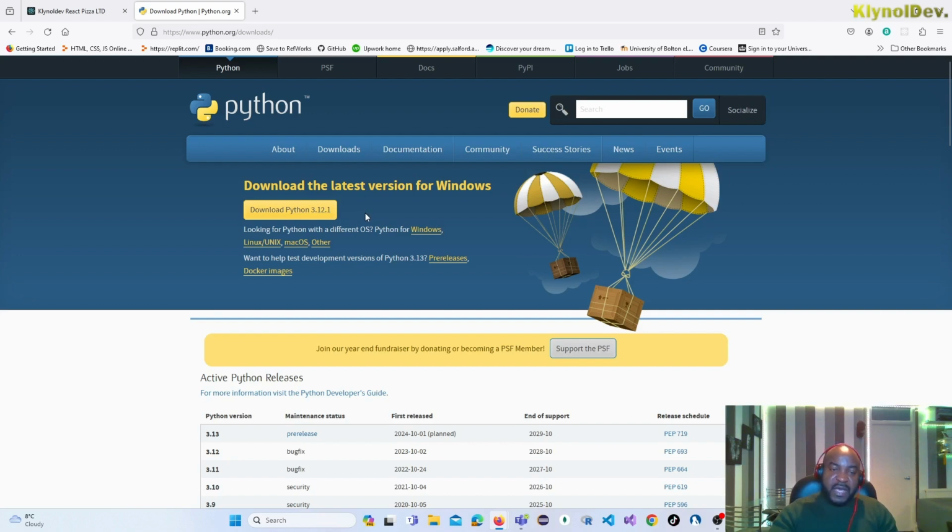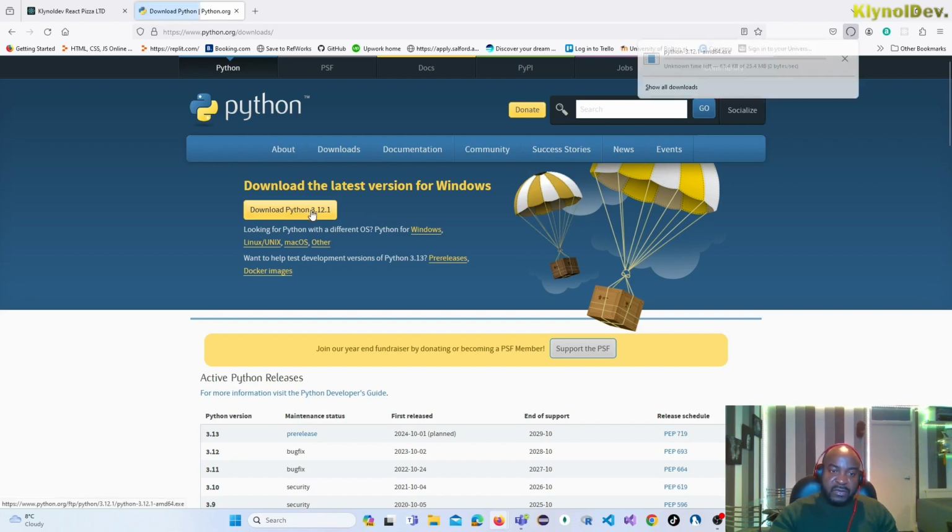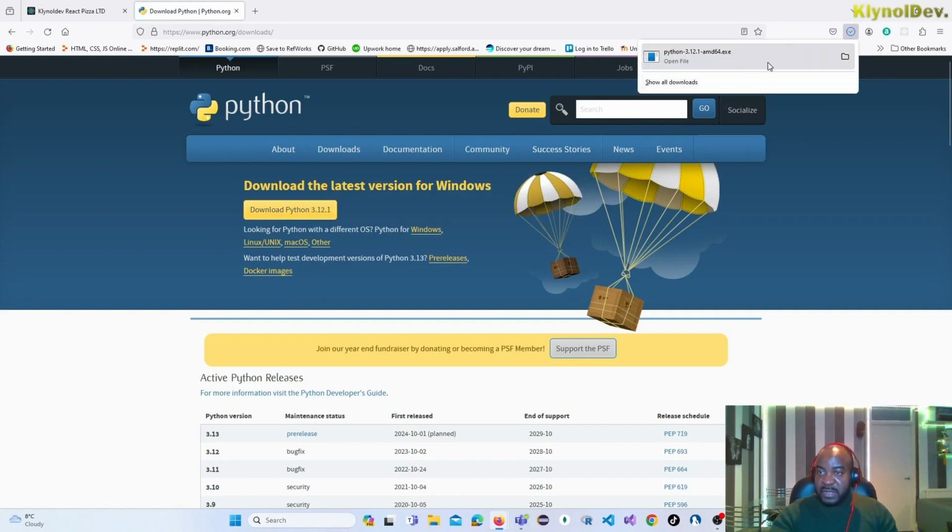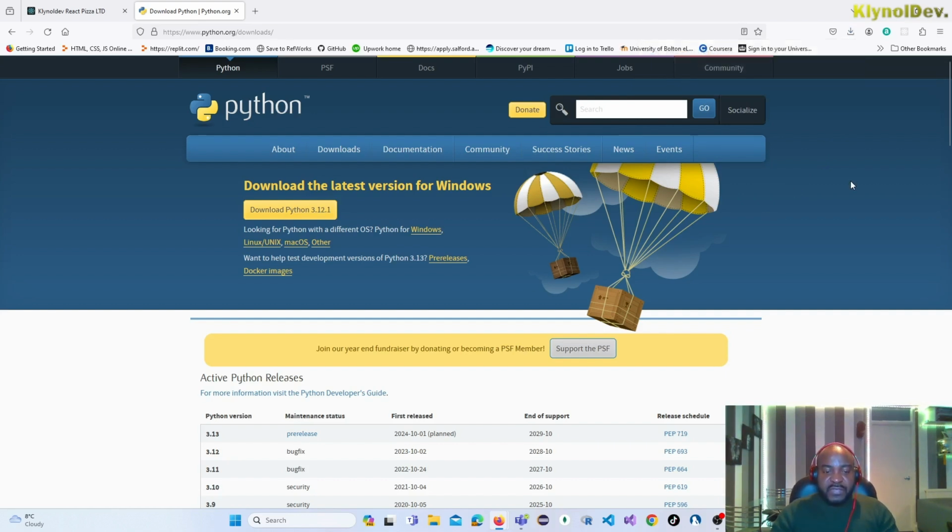After I click on this, as you see, I already have it installed on my system. When you click on that, you can open it and complete the installation. I'm not going to go through that because, as I said, I already have it installed on my system. So after you have installed Python, then